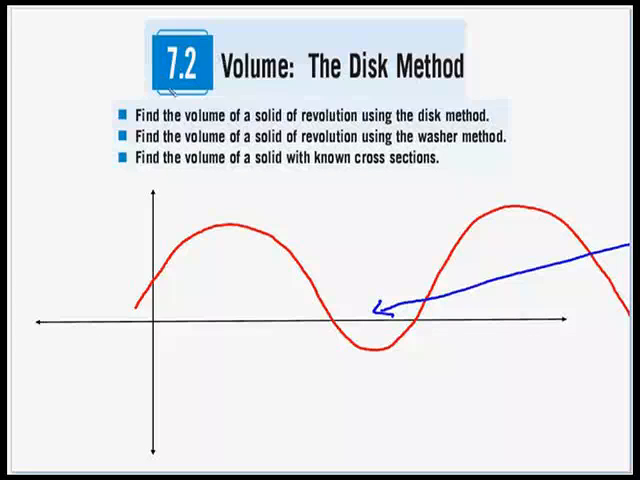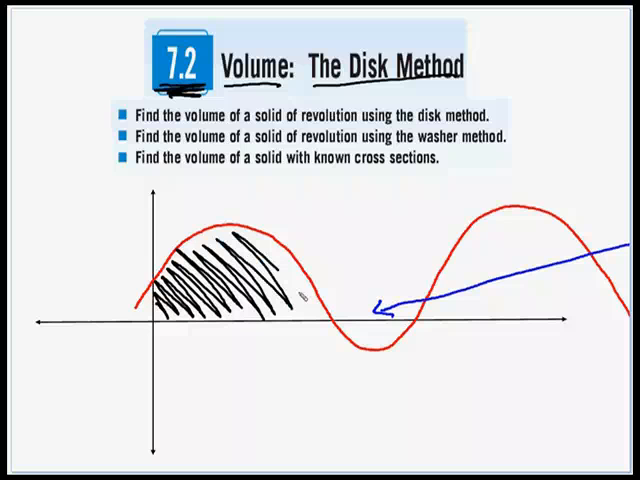Okay, in this video we're going to start section 7.2, volume by the disk method. Up until now in this course we've found the area under curves, which is two-dimensional, and we've also found the area between curves, which is also set in two dimensions. In this section we're going to jump into three dimensions, and how we're going to do that is take